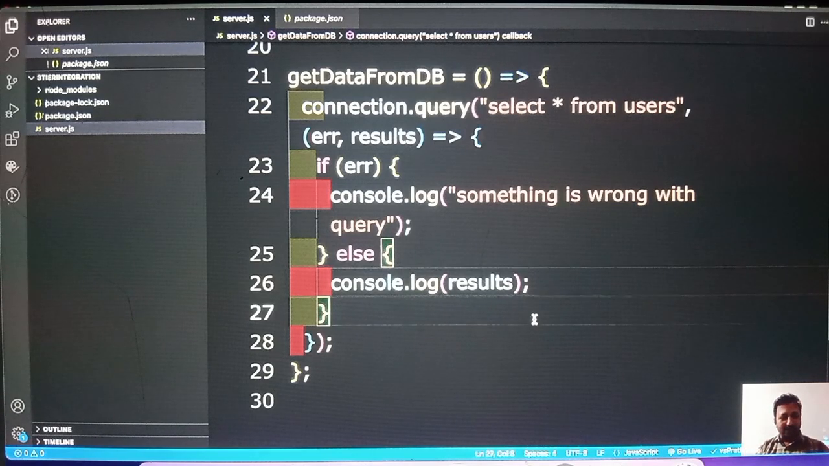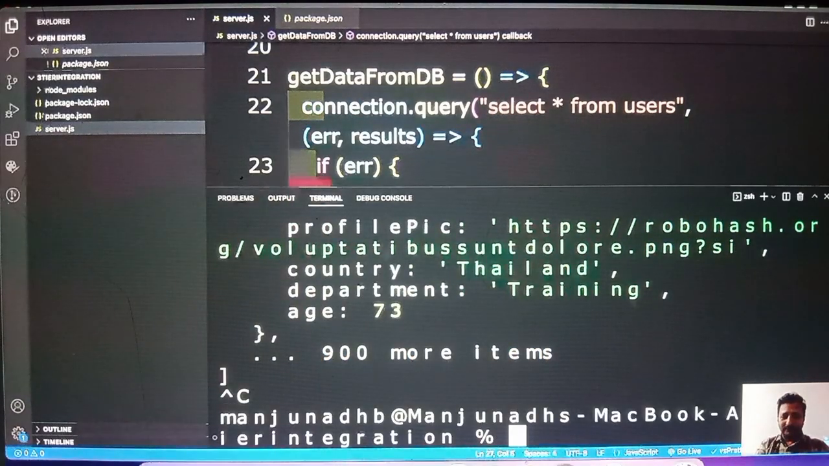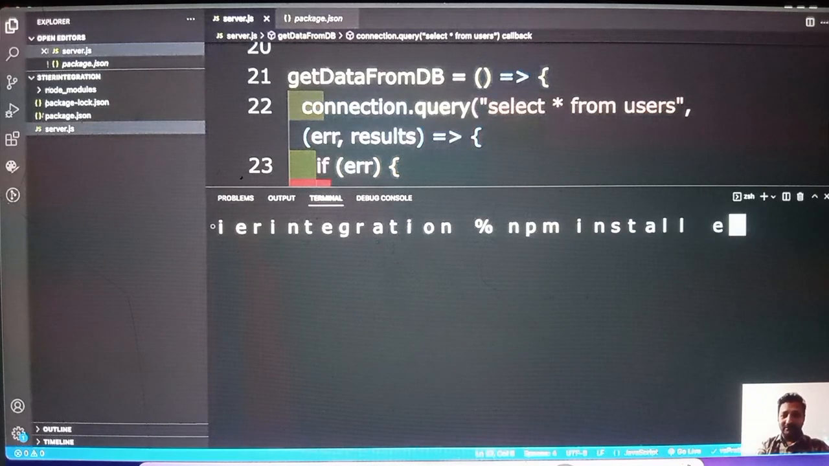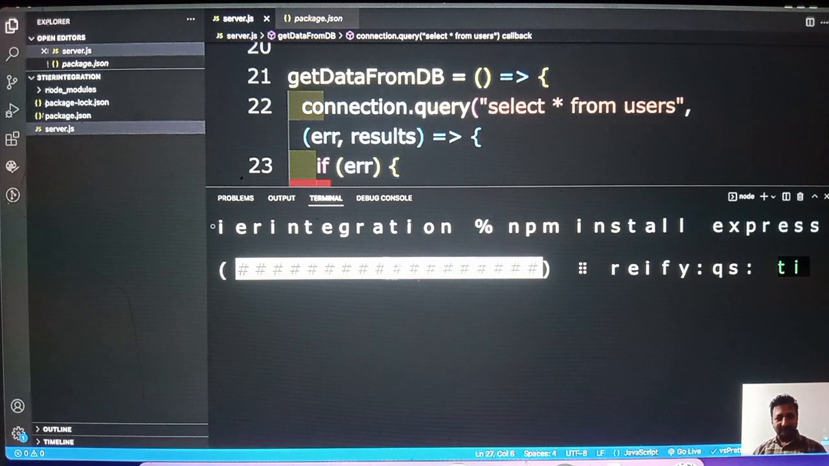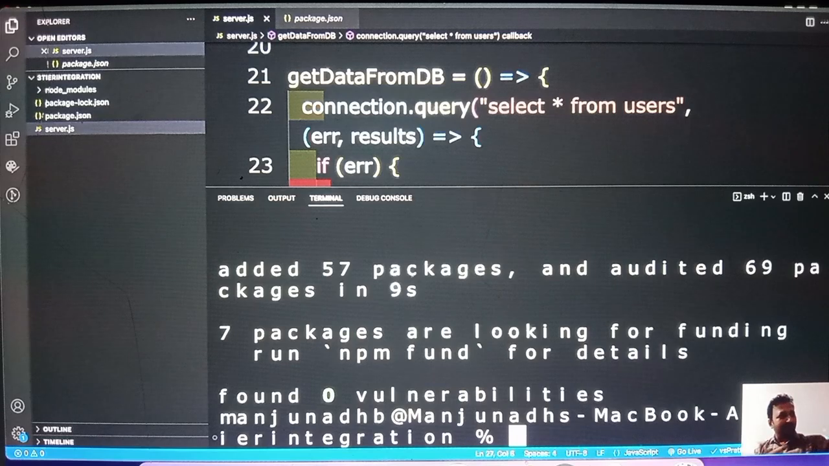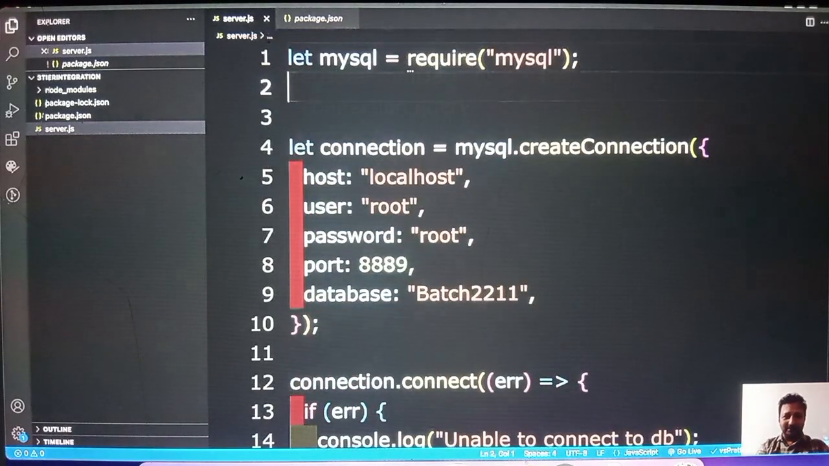So now I don't have Express. What I will do is say npm install express. So I can make this a middleware. I am coming in reverse: first database, then middleware, then client. Okay, Express is installed. Then what I will do here, I'll say let express equal to require